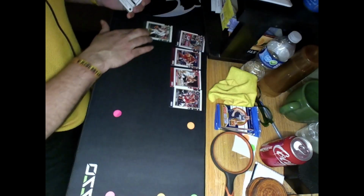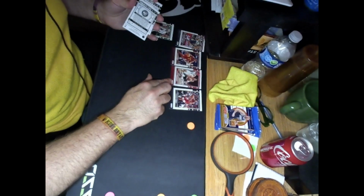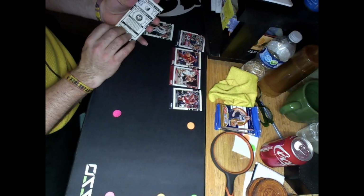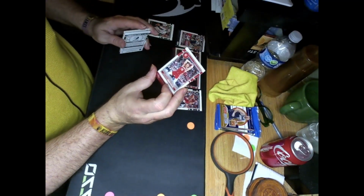Also, some of these cards are not just regular cards, and I'm noticing that. Like that last card I showed you with the Porzingis card. Maybe we'll show that again sometime. That was not a normal background like these cards are. That card had like some specialness to it. Ladies and gentlemen, Bogdan Bogdanovic from the